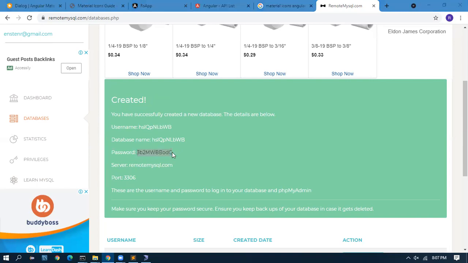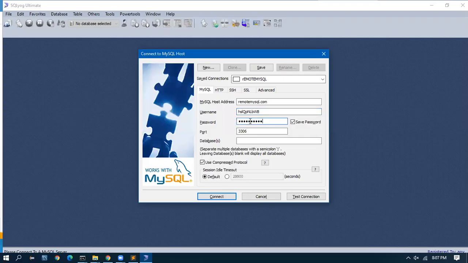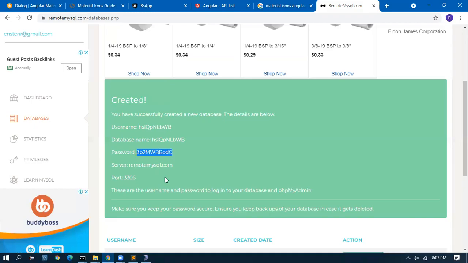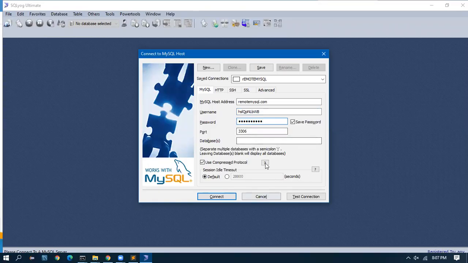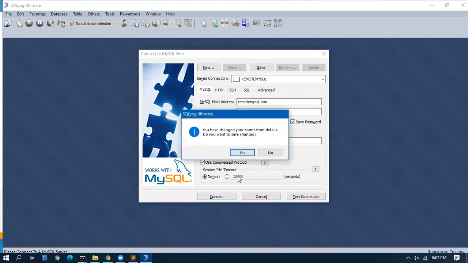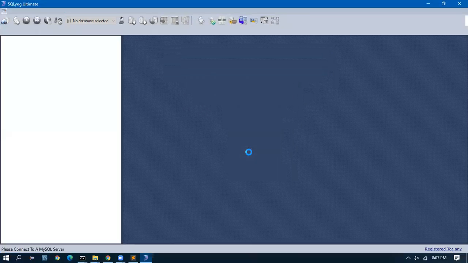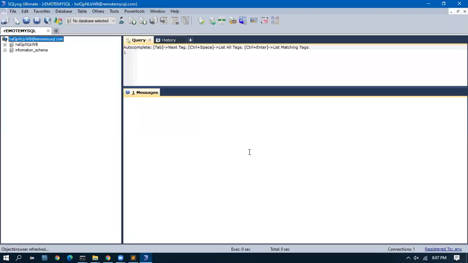I didn't see the password field. The port is 3306. Okay, I'll click on test connection. Yes, it is connected. Connect. Okay, so we are good.